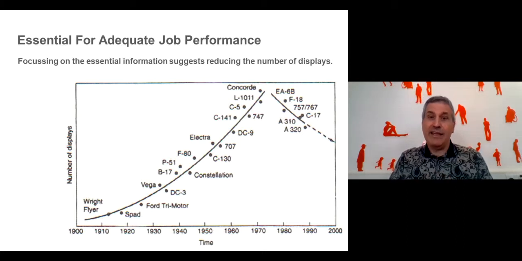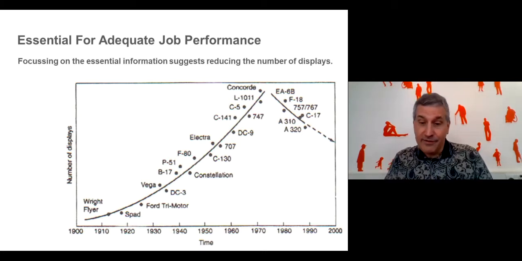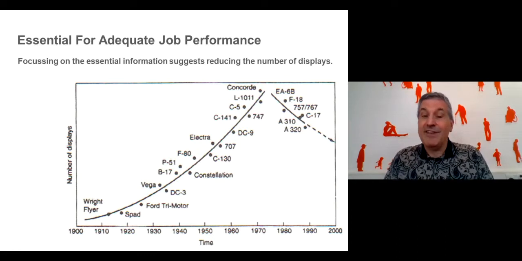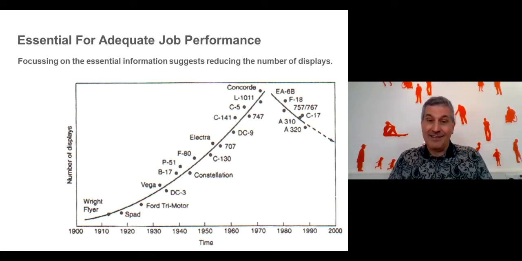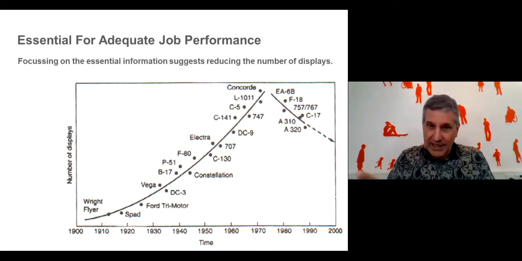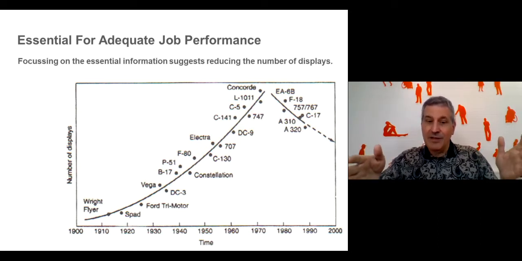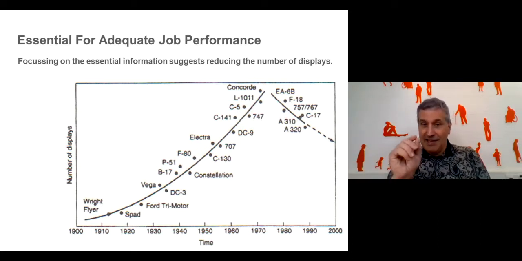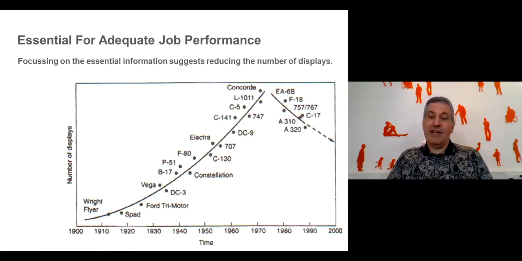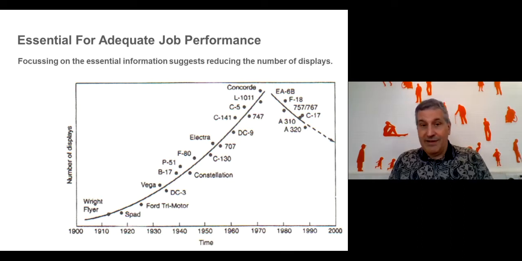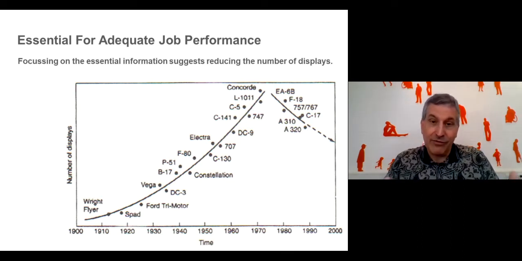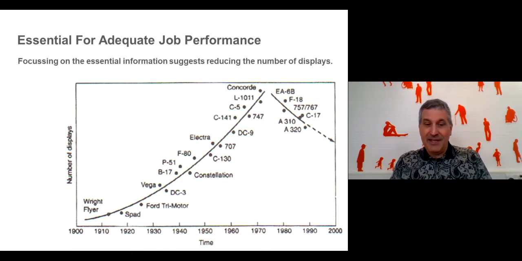We have the year on the x-axis across the horizontal, and we have the number of displays, rotary dials, pressure gauges, blinking lights, whatever, any type of display that was in the cockpit on the panel of these aircraft. The dots or the data points are different aircraft. And I think you can see the pattern. We started with the very first aircraft having only a small number of informations, but as we add more complexity